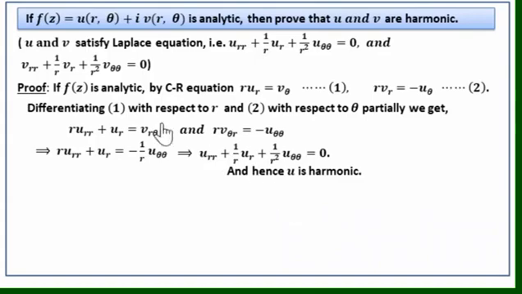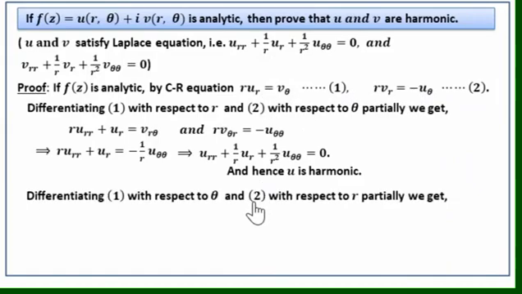Similarly, to get this second equation, that is to prove V is harmonic, we need VRR. So here we have VR. We need to differentiate the second equation with respect to R, and the first equation with respect to theta now. So differentiate the first equation with respect to theta partially, that is, keep R constant, differentiate with respect to theta